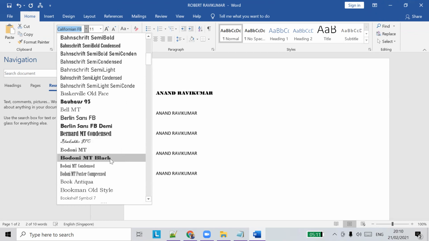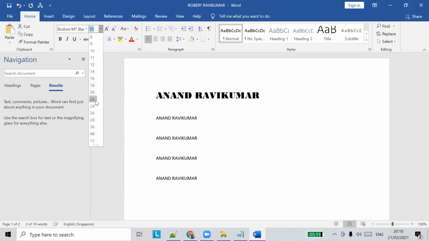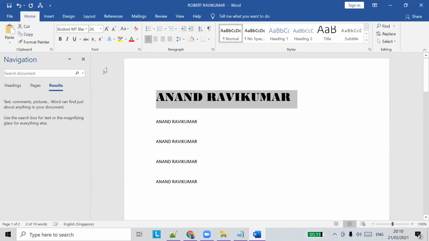Okay, so if I want Bodoni MT Black, click OK, and I can choose the font size. So that's it. So that's how you change a font in a Word file.